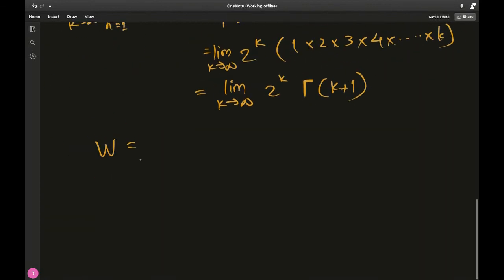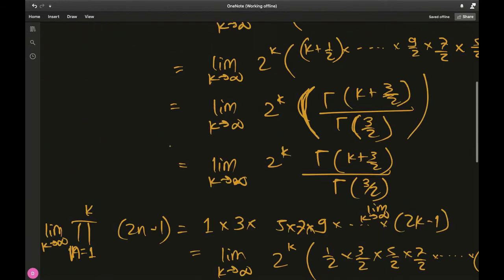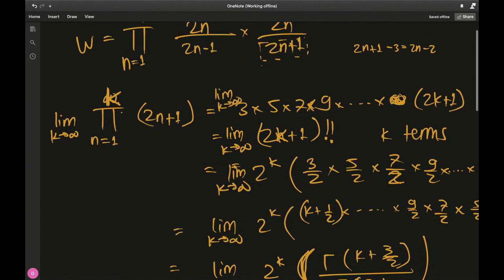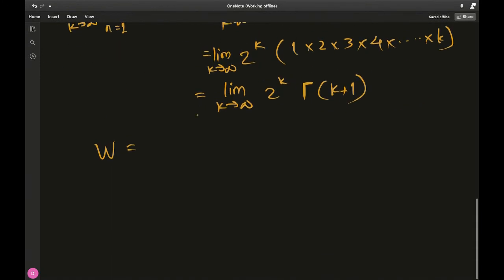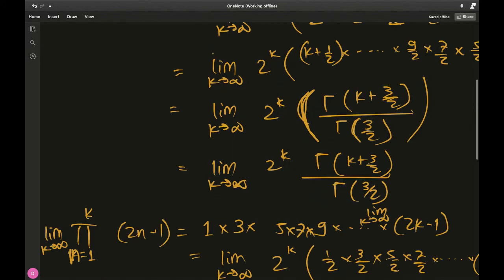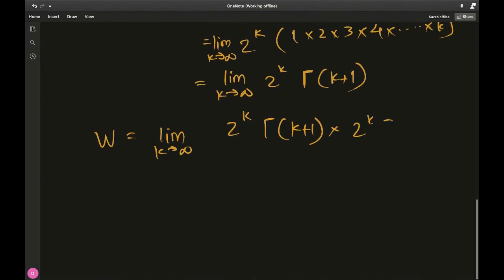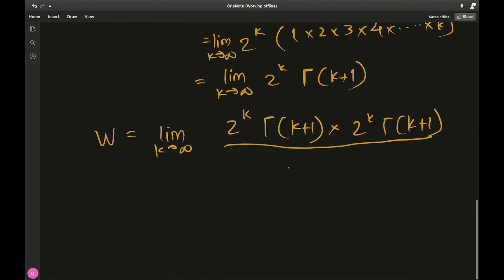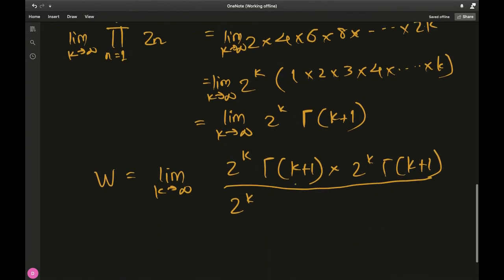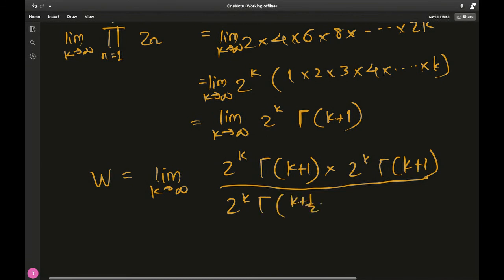The Wallis product is basically, now just drop the product, because we took the product individually of all these terms. So 2n turned out to be, let's have a common limit as k goes to infinity, 2 to the k times gamma of k plus 1 for one 2n, and then for another 2n we have 2 to the k times gamma of k plus 1 again. Okay, and divided by 2n minus 1, which we calculated to be 2 to the k times gamma of k plus half divided by gamma of half,